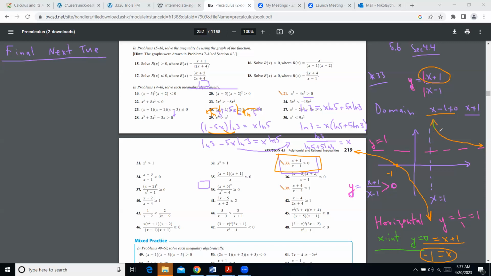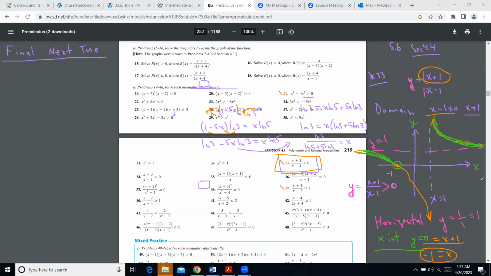Above the x-axis, all points on this graph will have their y coordinates positive, above the 0. So I don't include this point because it's equal to 0 for the y coordinate, and consider that portion of the hyperbola kind of to the left from it, as well as another part of the hyperbola here, because it's also above my